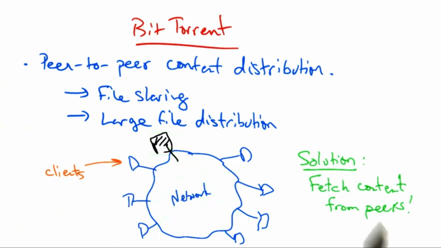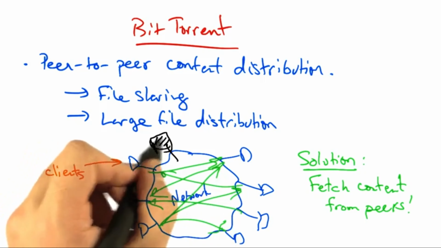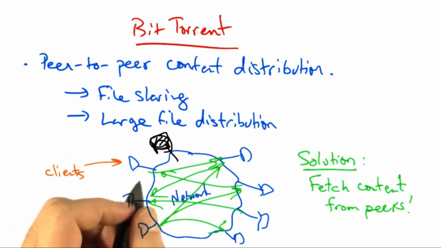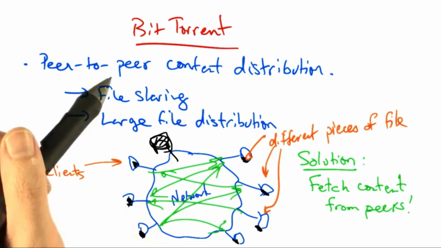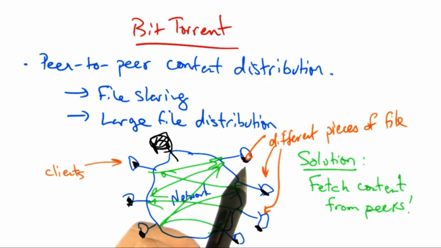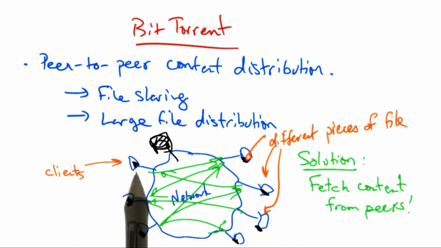So a solution is to fetch the content from other peers, rather than having everyone fetch the content from the origin. We can take the original file and chop it into many different pieces and replicate different pieces on different peers in the network as soon as possible. So the idea is that each peer is assembling the file, but it's assembling it by picking up different pieces